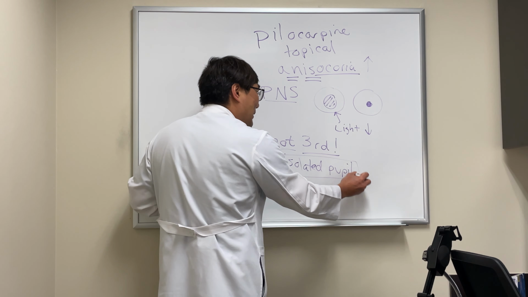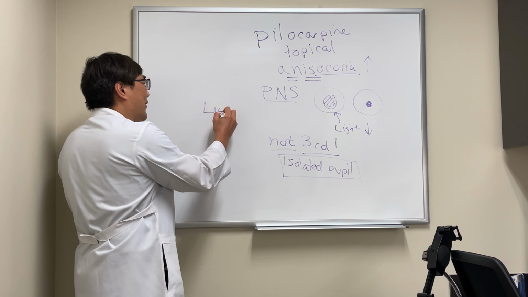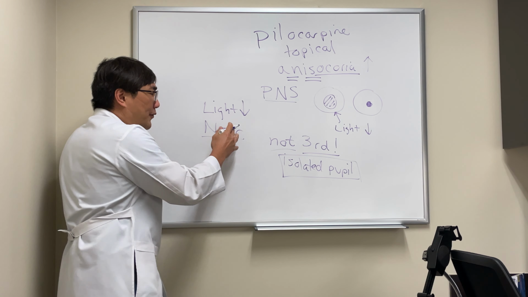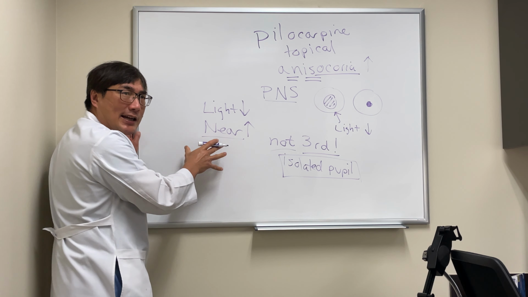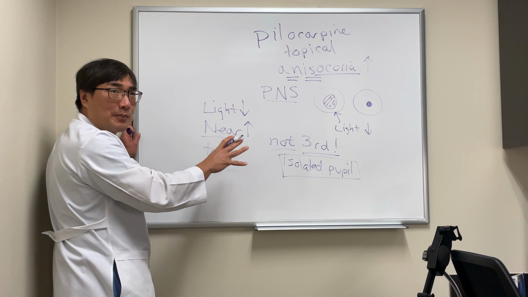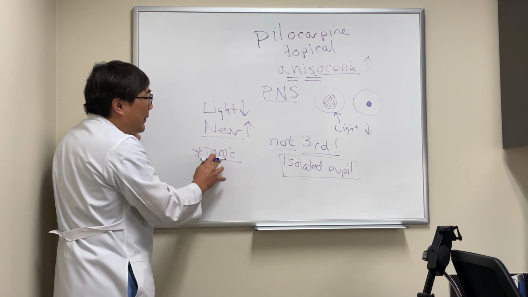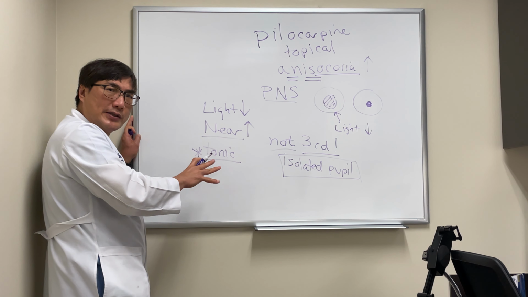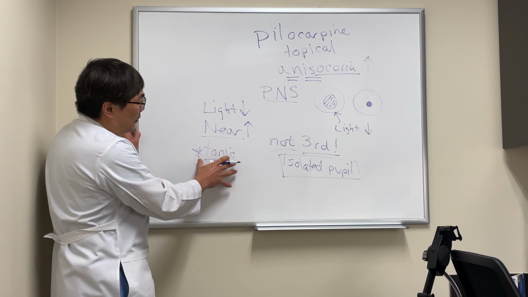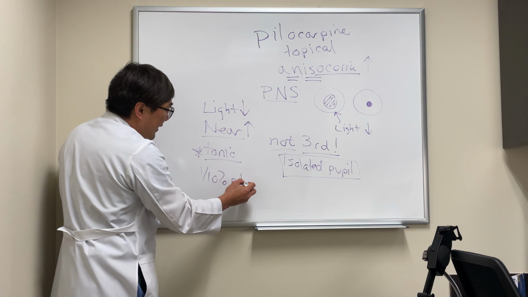So once you have this isolated dilated pupil, the second thing you're going to do whenever you have a light reaction that is decreased is check the near reaction. And so if you have a light reaction that's poor but a near reaction that's good, and if it's tonic, then you actually don't need pilocarpine anymore, because this establishes the diagnosis of the tonic pupil. There may be sector paresis or vermiform movements of the iris, and you should watch the Adie's tonic pupil video for that. However, if you did want to test this pupil, we would use 1/10% pilocarpine, and in a tonic